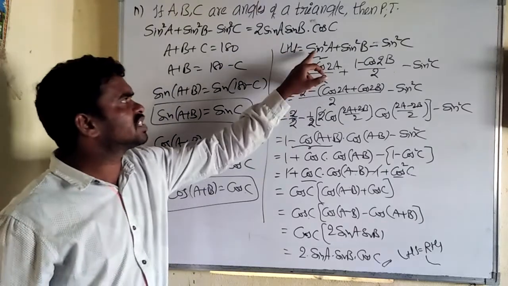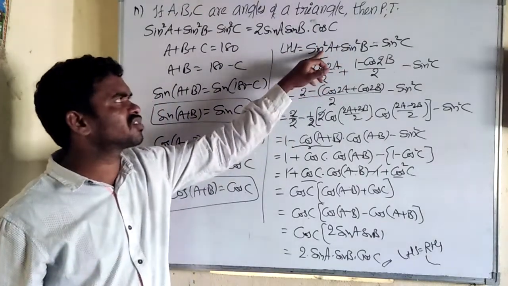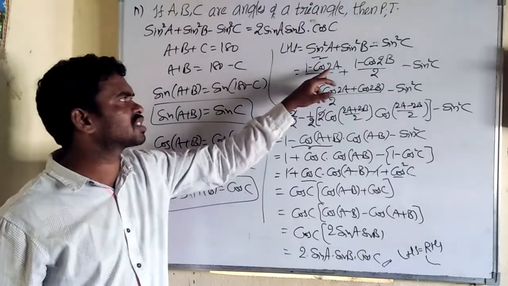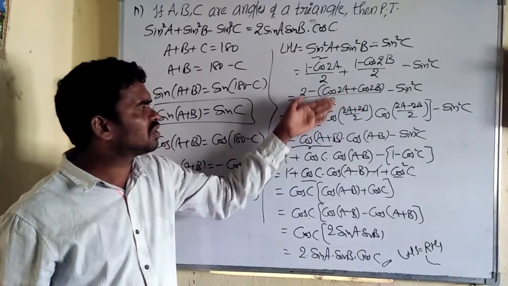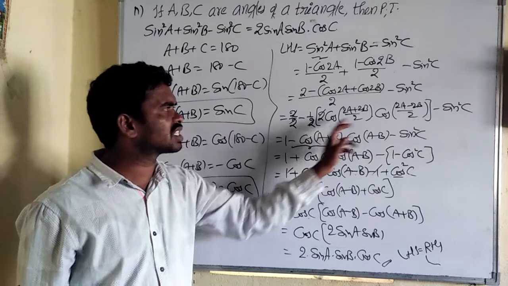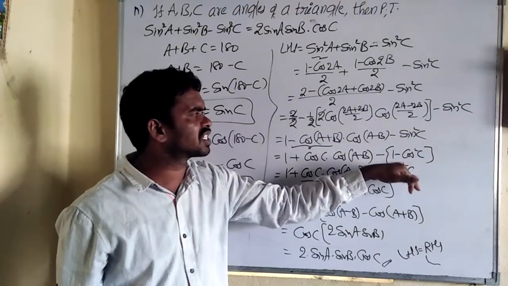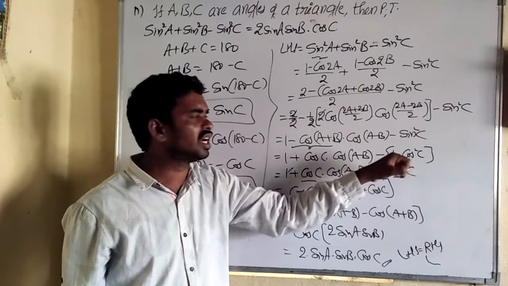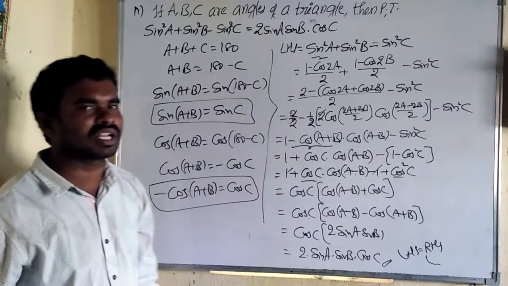Take LHS. In this we can't apply either sin c plus sin d or cos c plus cos d. So that's why sin square a is expressed in terms of cos, (1 minus cos 2a) by 2, and similarly sin square b. So doing some simplifications, we got the cos c plus cos d formation. So apply 2 cos (c plus d) by 2, cos (c minus d) by 2. Next, sin square c, in the next step, can be written as 1 minus cos square theta. So simplifying, plus 1 minus 1 cancel, and doing so, we get the RHS.